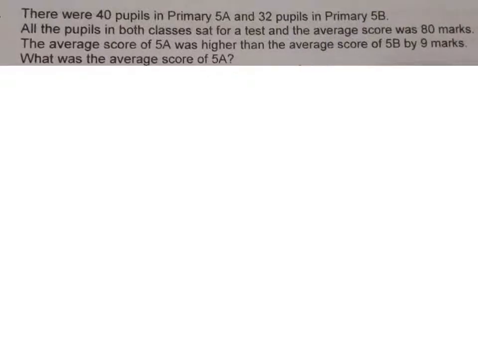This is a grade 5 question on the topic of average. First, we were told there were 40 pupils in 5A and 32 pupils in 5B. The average for both classes was 80 marks. Therefore, we can conclude that